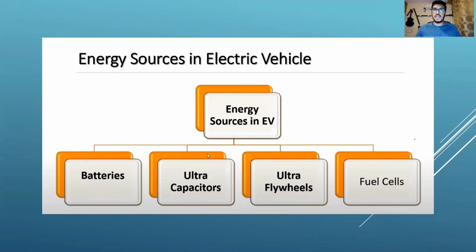Now, moving to the fuel cell. A fuel cell is a device that generates electricity through an electrochemical reaction and not combustion. In a fuel cell, hydrogen and oxygen are combined to generate electricity, heat, and water. A fuel cell is composed of an anode, cathode, and electrolyte membrane. A typical fuel cell works by passing hydrogen through the anode and oxygen through the cathode. At the anode side, a catalyst splits the hydrogen molecules into electrons and protons. At the cathode, the protons, electrons, and oxygen combine to produce water molecules.